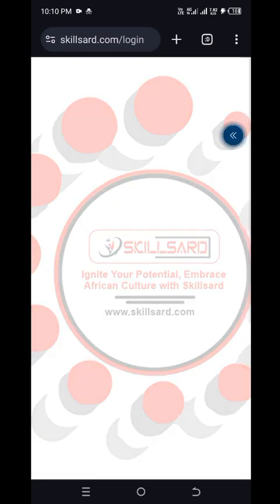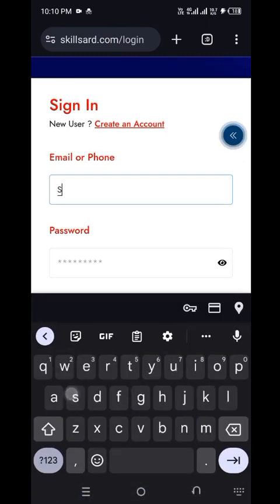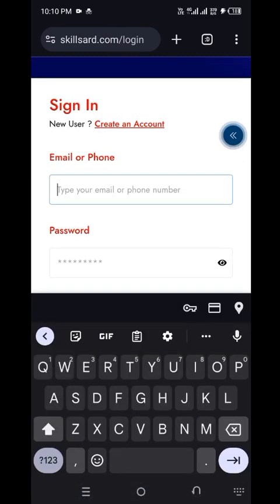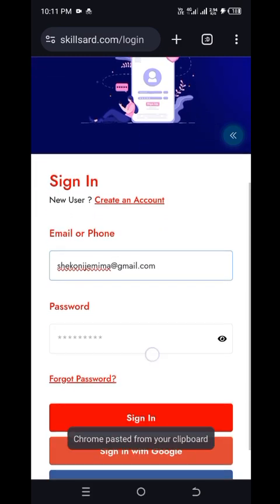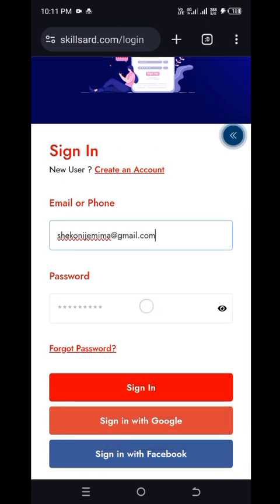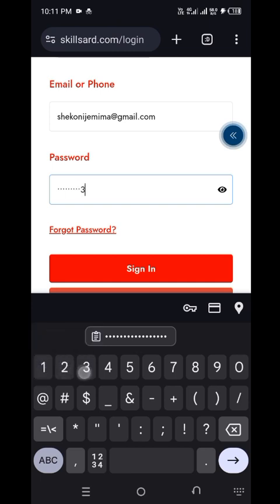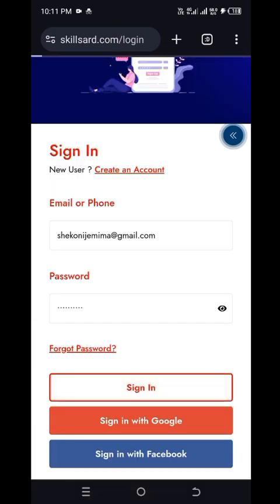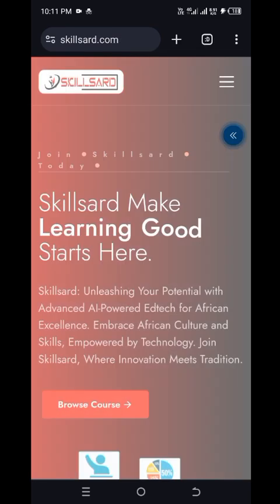Everyone has their own login details, right? So let's say, okay, input your email right here. I'll be using one of the instructor's emails. Then I will be inputting the password for the instructor to log in. So sign in, you sign in to your account, and immediately you sign in, they take you to this page